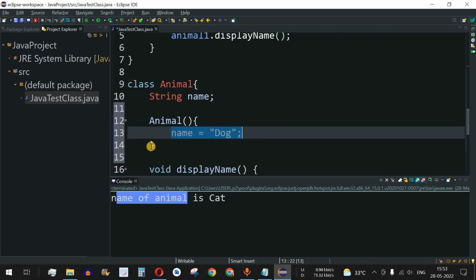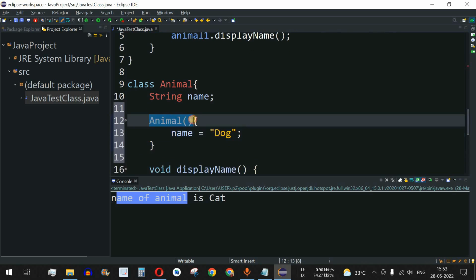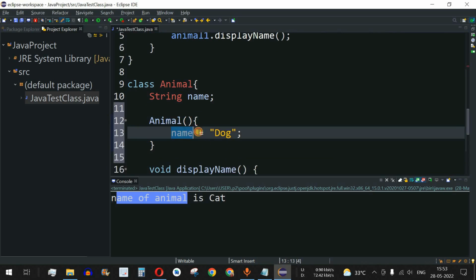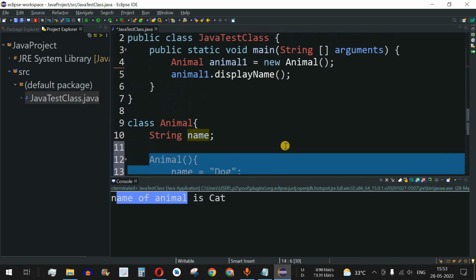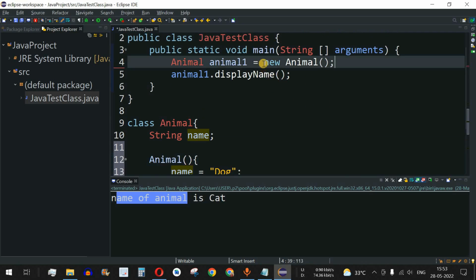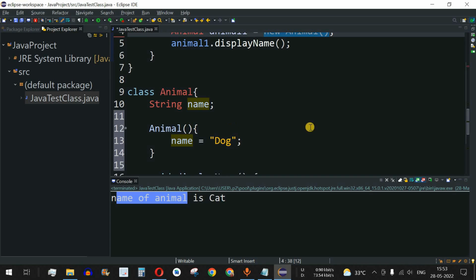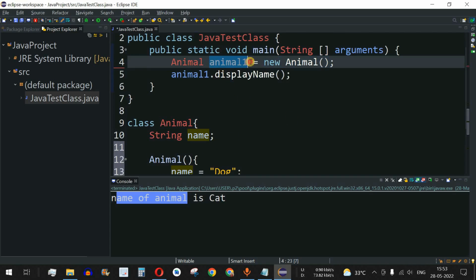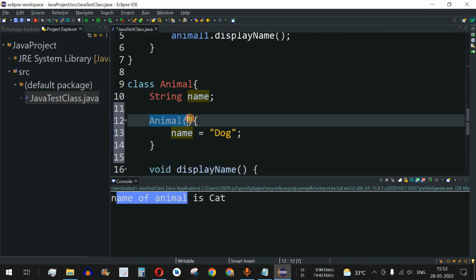Whereas when we provide a constructor, like in this case we have provided a constructor with the name field and then the value of the field, then this constructor will be called. So whenever the control flow encounters this line, that is new Animal, this constructor will be called. So what is happening is, animal1, after this new Animal is encountered,